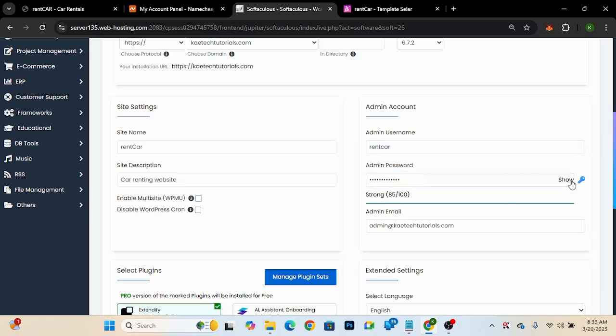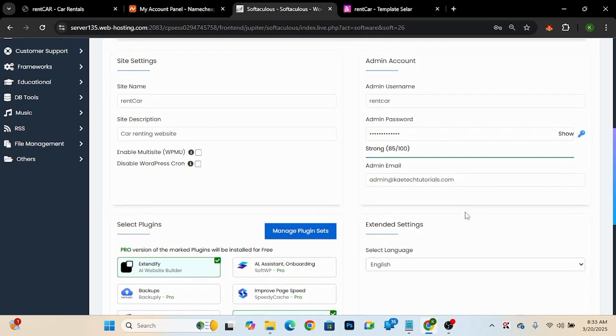Over here I'll just use Rent Car for the admin username. You can choose any password that you want by clicking on this one, and it's going to set a more secure password, or you can set your own password. It depends on you. I'm just going to use the password over here, and then you can also put your email address over here. So I'm going to just use